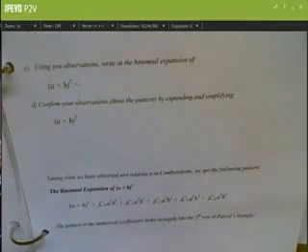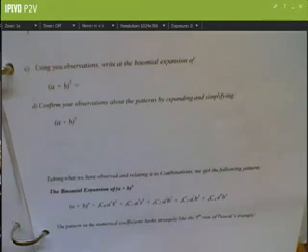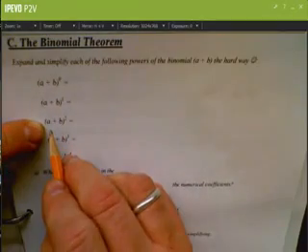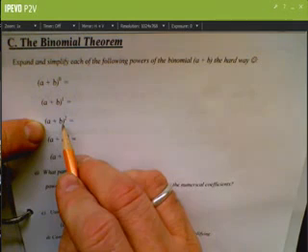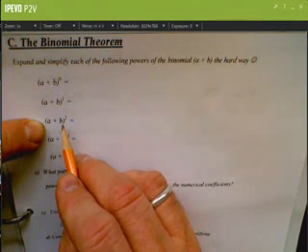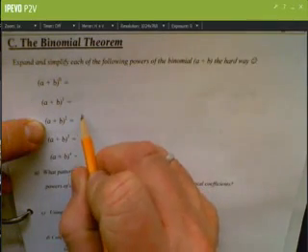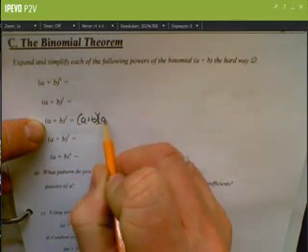All right, binomial theorem. What? Binomial theorem? You don't even know what I'm talking about. Oh, but you'll remember once I start doing this. Let's jump over here because this is more familiar to you. A plus B squared. If the teacher asked you to do A plus B squared, what would you do? You would go A plus B times A plus